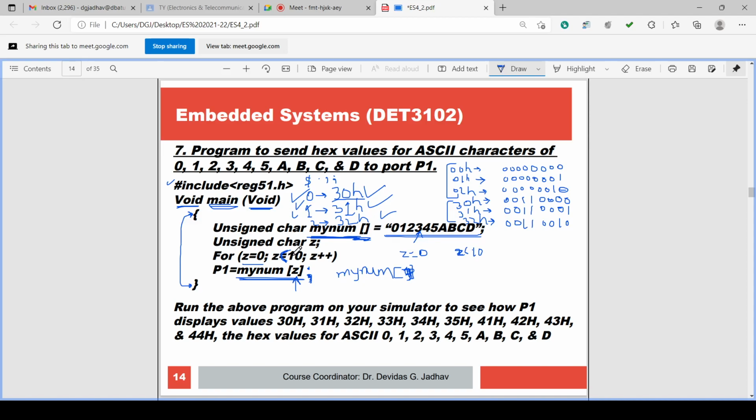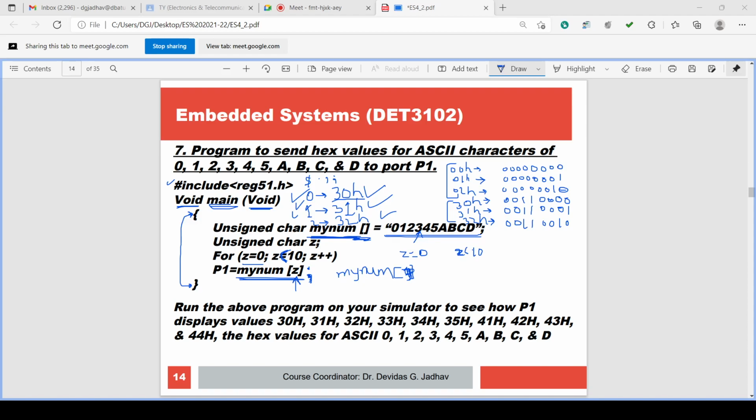Okay, this is the program execution logic for this particular program. What is this program? This program is to send the hex values for ASCII characters.